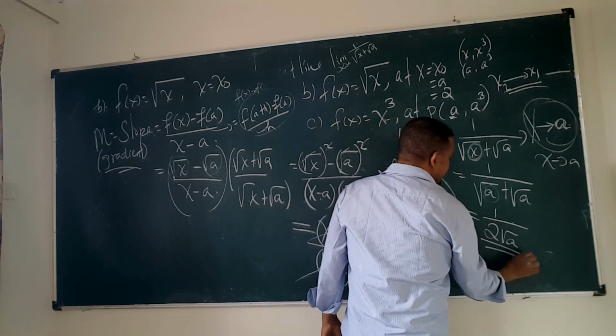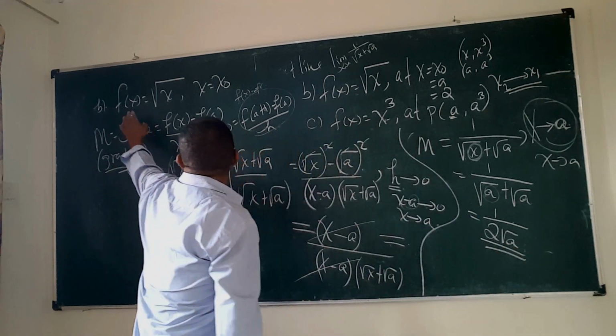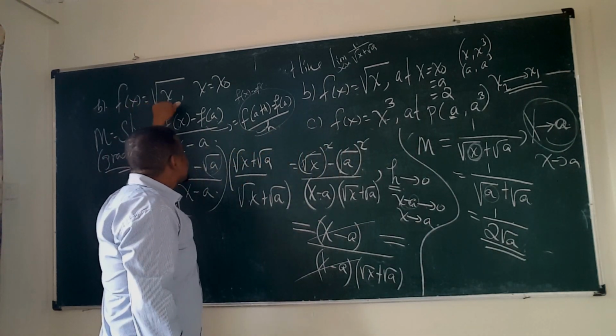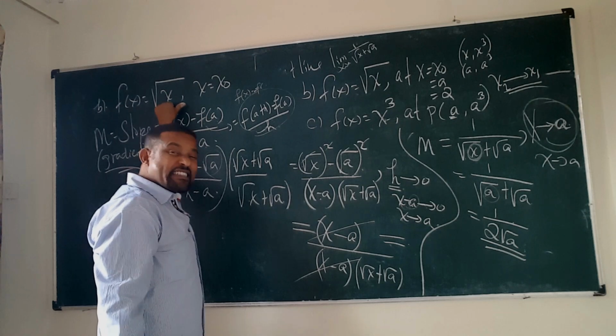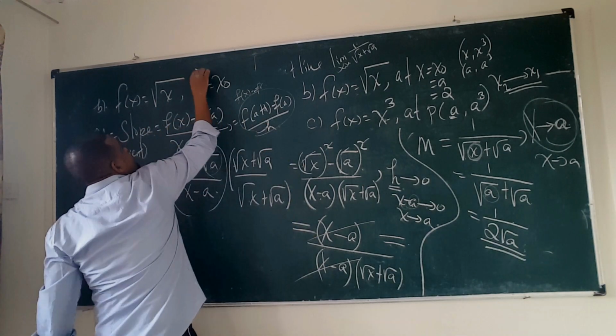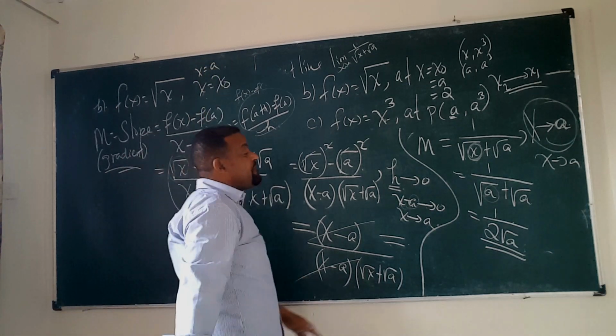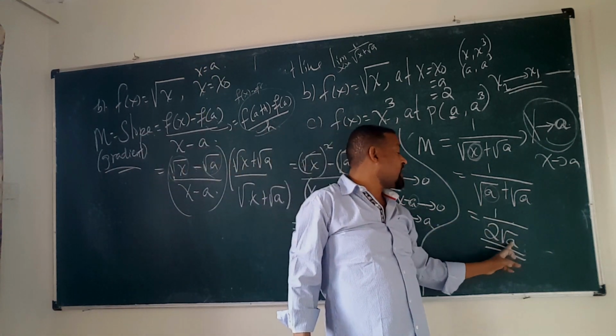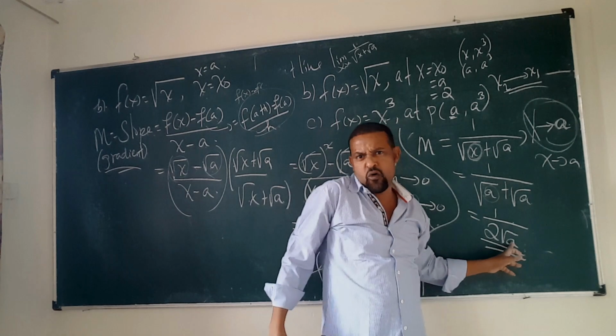So for f of x equal to radical of x, the slope of the tangent line at a point x equal to x naught, or at a point x equal to a, is given by 1 over 2 radical of a. Or now, in terms